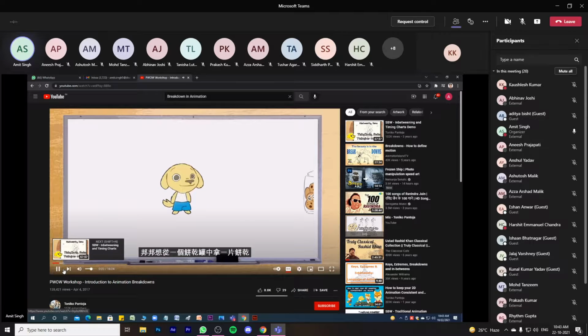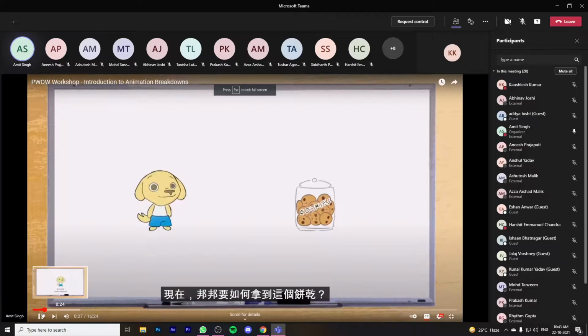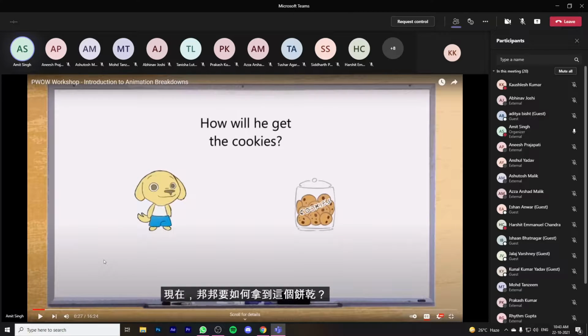Bonbon wants to get a cookie from the cookie jar, which is just a few meters away from him. What we are going to hear from this video is the importance of breakdown. What is breakdown? When you have decided about